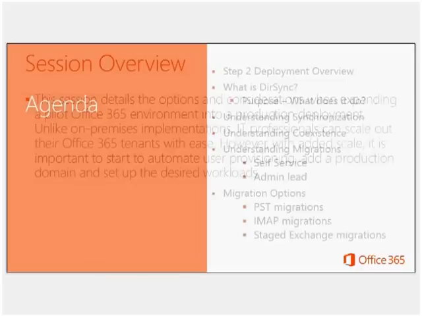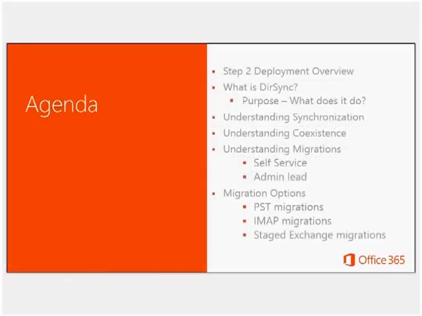In this agenda, we will talk about the deployment overview. We'll get into DirSync, understanding synchronization, understanding coexistence, what that word means and what technologies are built around it, from a simple coexistence perspective. We'll talk more about understanding migrations, from self-service and admin-led to migration options. So really we're talking about the deployment side of getting users and mail and Office on board